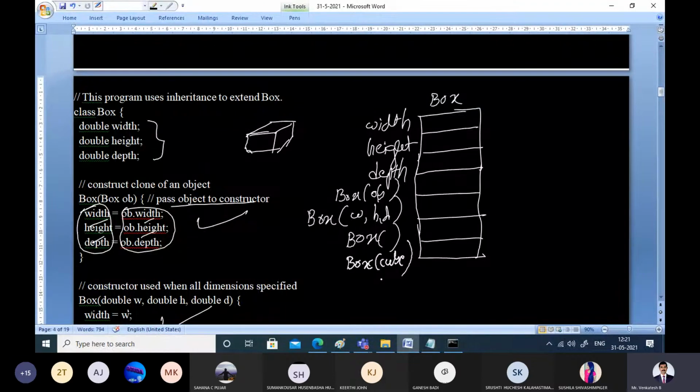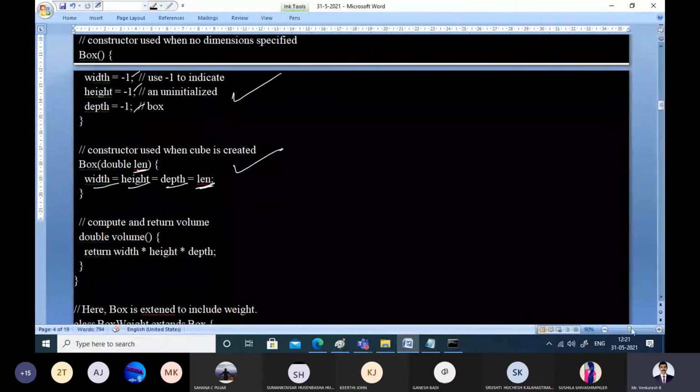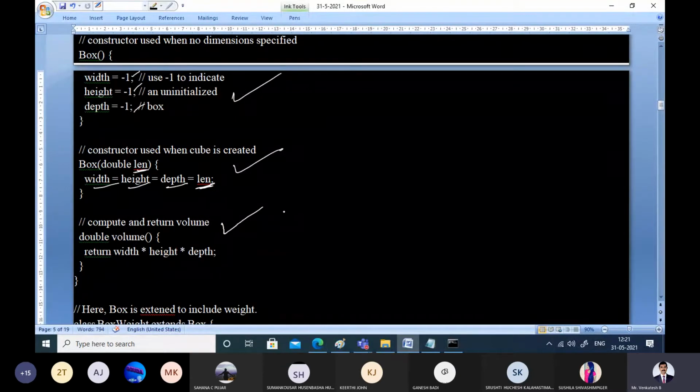This is the box class. Along with the constructors, there is one method defined within the box class. What is that method? Volume. Volume is just to calculate the volume of the box. How do you calculate volume? Just by multiplying width into height into depth.